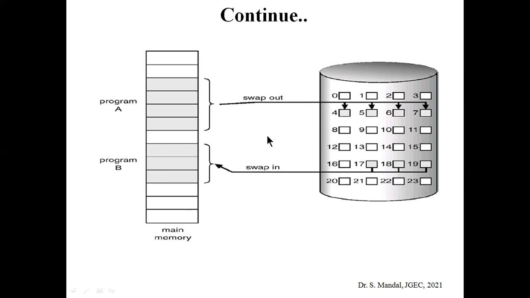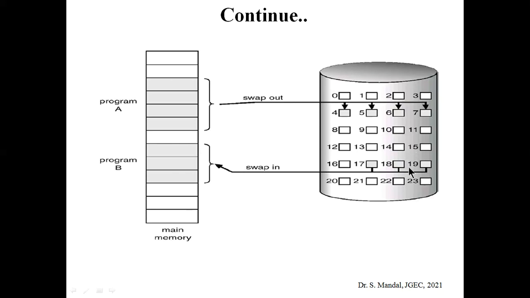Here you can see that the size of the main memory is fixed. There are 1, 2, 3, 4, 5, 6, 7, 8, 9, 10, 11, 12, 13 frames available here. Obviously we cannot load the total 23 pages into the main memory at a particular instance. So what can we do? For a certain time instant